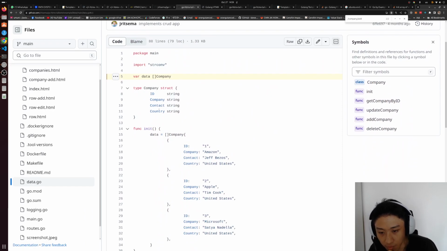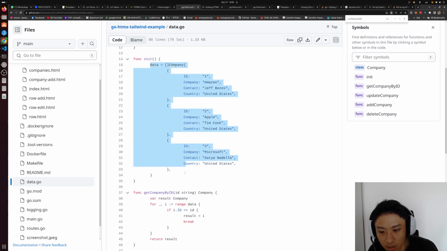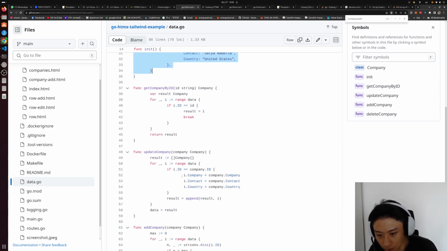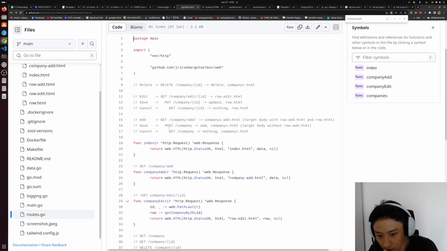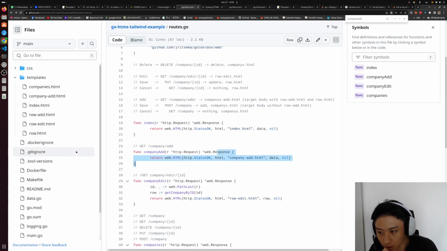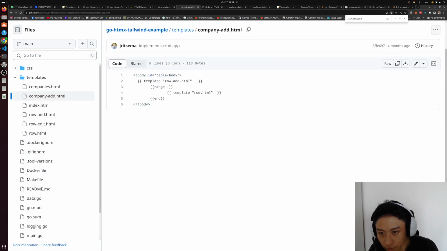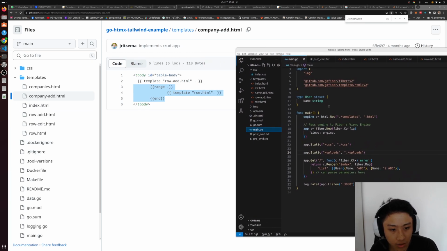So data is just an empty company list. Can I assume that? Actually no, it does have some sort of data already. So I pass in the entire data to the company add so that it can return the company add with the data, and then from here the data will then have a template of row add and row HTML. Okay,